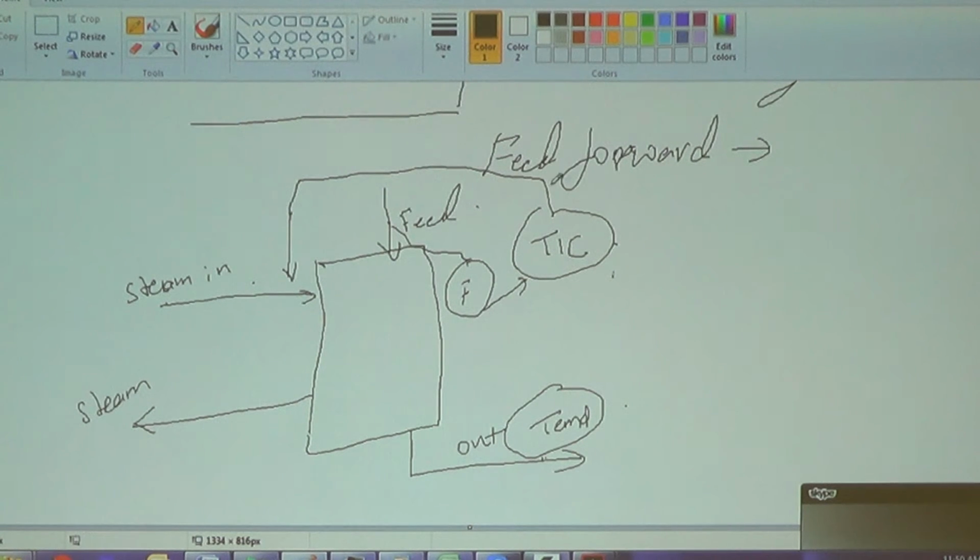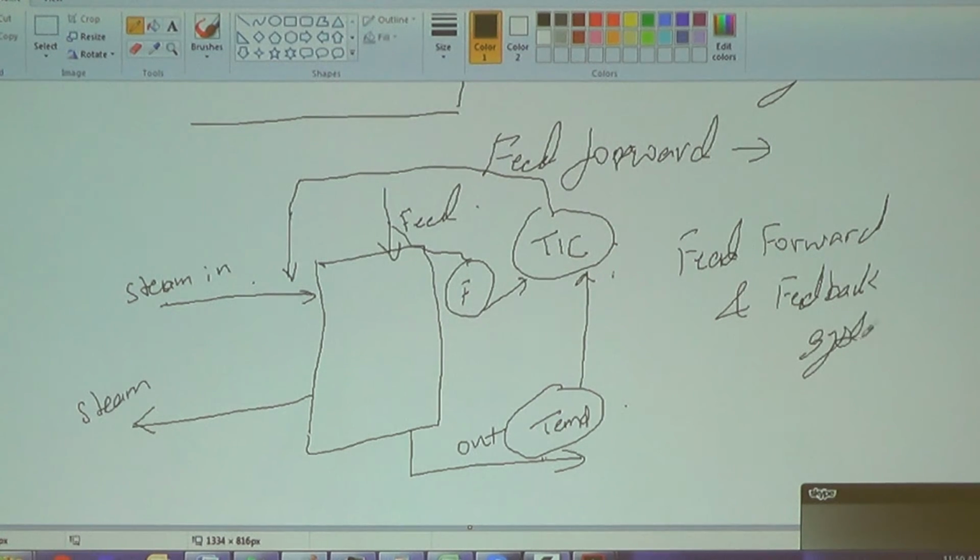What you do is you have a feed forward and a feedback system both working. So even though you are controlling everything based on your feed, on your load change, you still take the feedback of your temperature. So that is called a feed forward and feedback system combined. Clear? I hope this is very clear the way it's been explained.